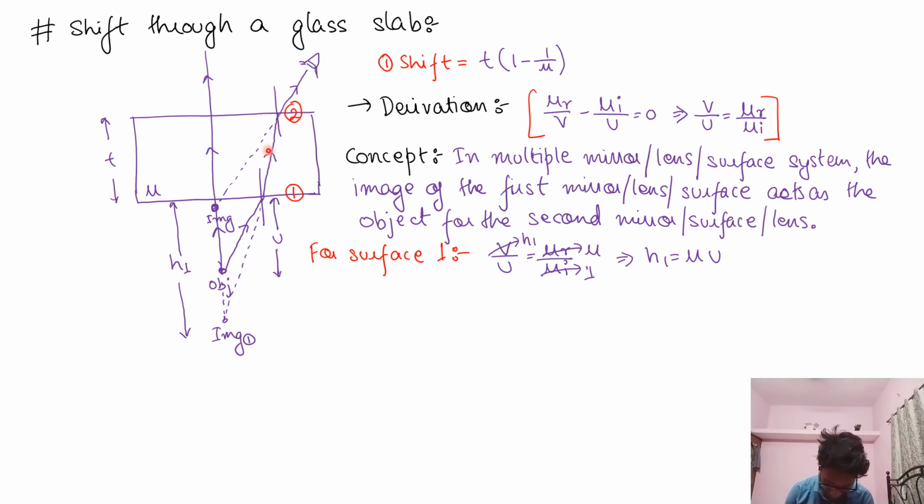Okay, this incident ray has to cross this surface. So for this surface, the observer will be out here, and the object position would be for this, and this image would act as an object for this surface. Understood this one? Okay, the image of the first acts as an object for the second. So for this surface, this is our object. Okay, so for surface 2,